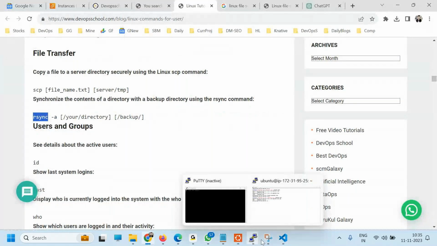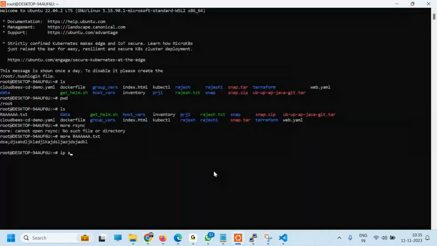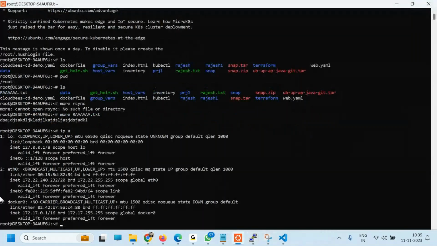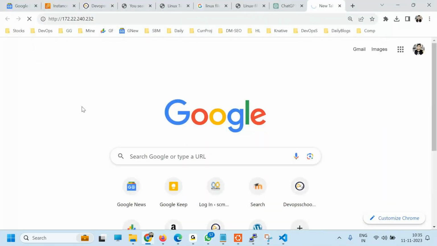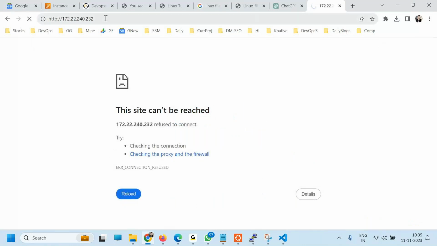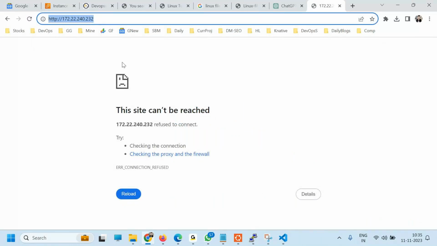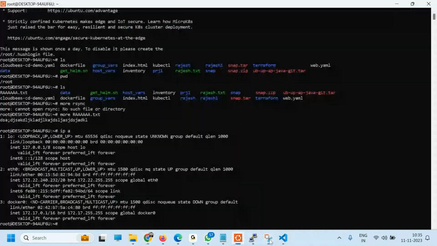So you have an IP address. Look at this IP address. This is the IP address. You can use it. So here you can put it with port 80. Right now nothing is running in this machine. That means the web server is not running, so you are not able to see that, but you will see your website here. So here what is happening, understand that you write a code here,